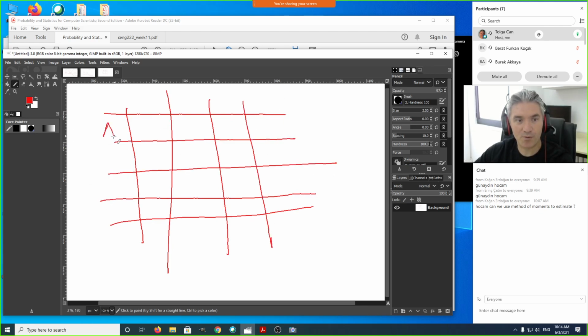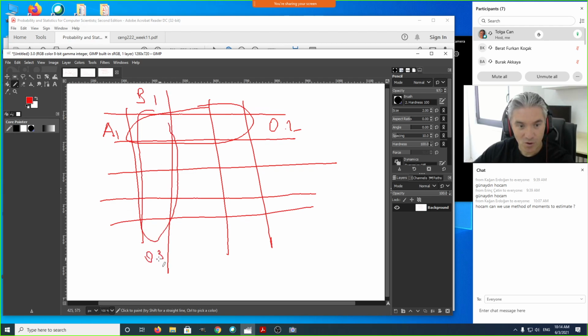When we look at the proportions, for example, if 0.2 of the A values are in this first row, and if, for example, 0.3 of the total samples are in this B1 column, if we do the column sum, then if they were independent, we would expect the probability that A is equal to A1 and B is equal to B1